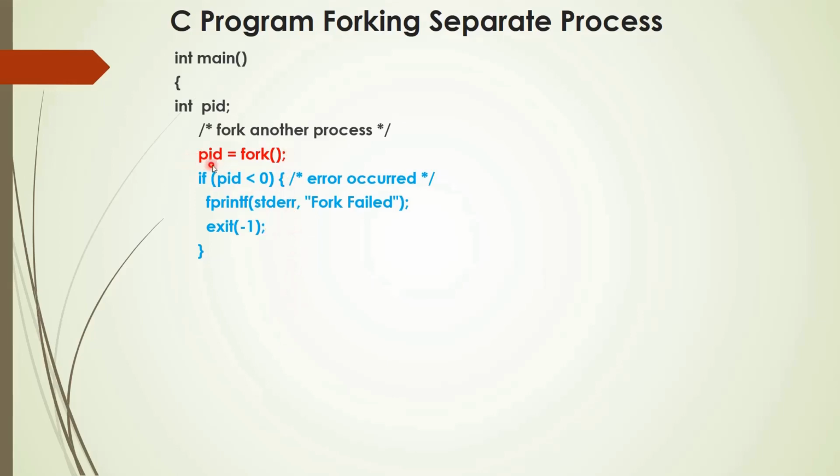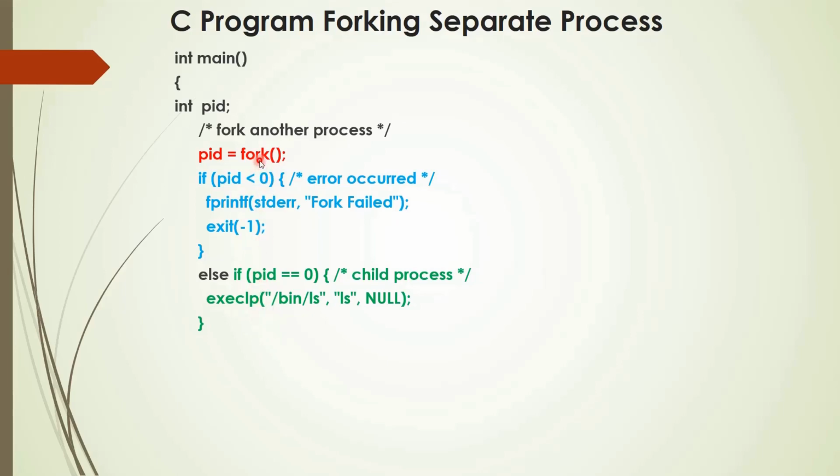So when the fork value is negative, the fork fails to execute. So that is one option. Now if the fork value is returning 0, then the child will execute. You have to remember that after the fork system call everything will be copied to the child as well as the parent. The same code is executed by the child also and the parent also after the fork system call. I will repeat, the same set of code is executed by the child also and the parent also.